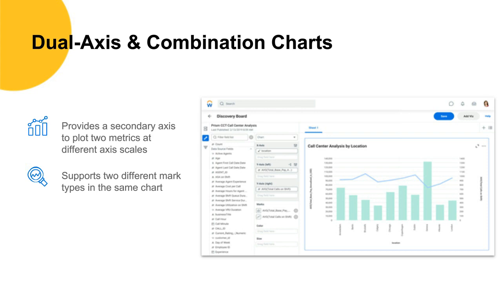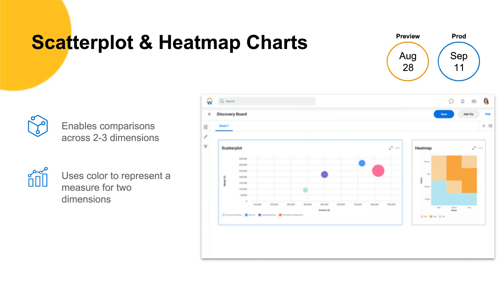And your metrics can be of different mark types, like this example here, which shows a bar and line chart. While this particular visualization was also introduced in Report Writer in the past release, there will be newer chart types that will only be made available through Discovery Boards in the future. A couple of examples of these, as you can see on the next slide, are scatter plots and heat maps. These are planned to be made available very soon, in a couple of weeks, with the delivery of Discovery Boards